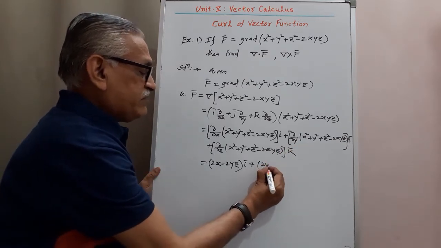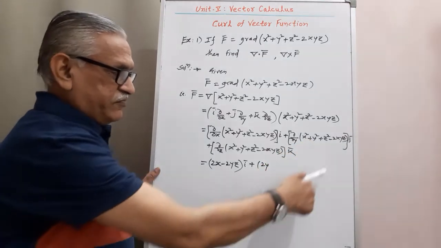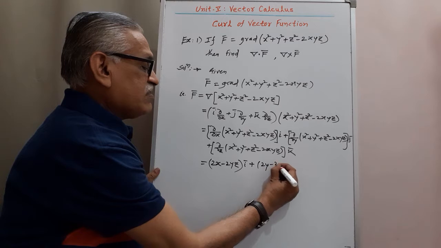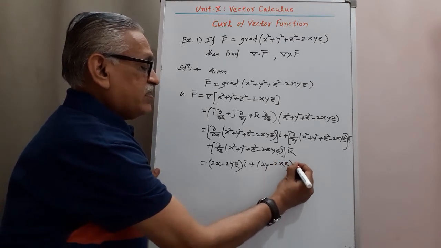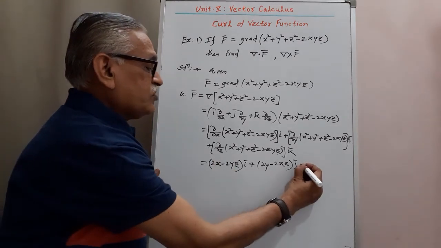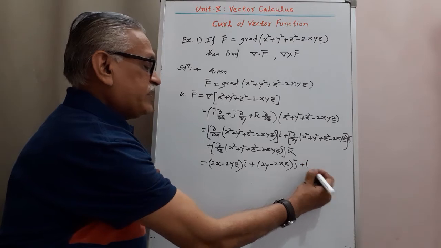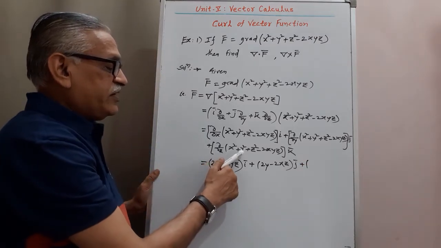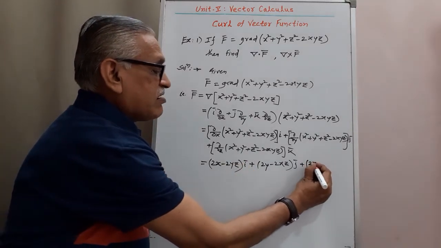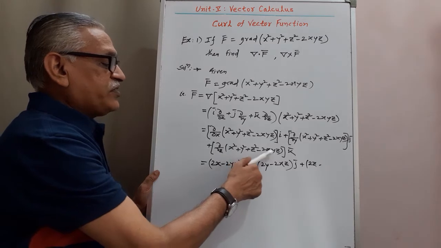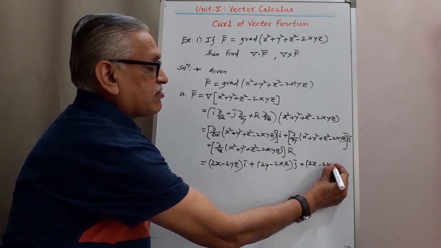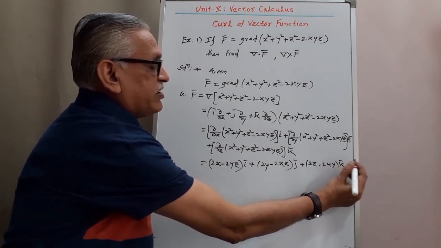Derivative of y square is 2y, derivative of z square is 0, and differentiation of the last term is minus 2xz into j, and then differentiating it with respect to z, keeping x and y constant, we get derivative of first one 0, derivative of second one is also 0, and derivative of z square is 2z minus differentiation of the last, 2xyz, is 2xy into k,